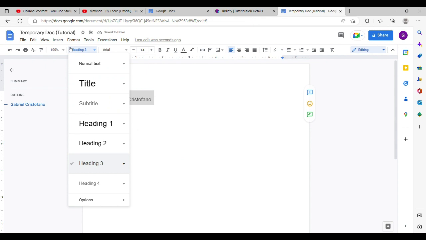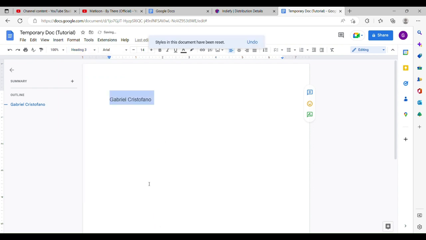And now, let's see what happens if we click options. You could either reset the style, use my default styles, or save as my default styles. Alright, now that that's been happening, you have normal text here and everything. Now that you know about this,